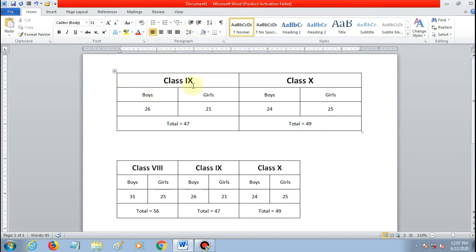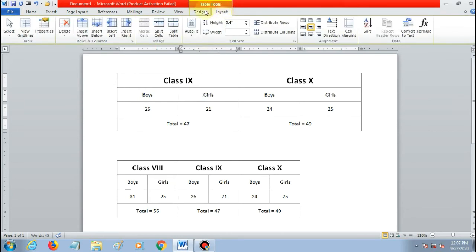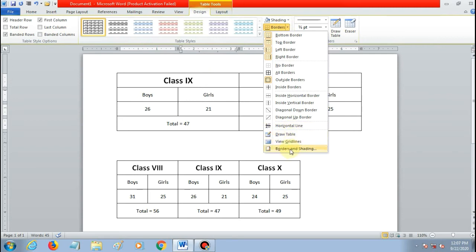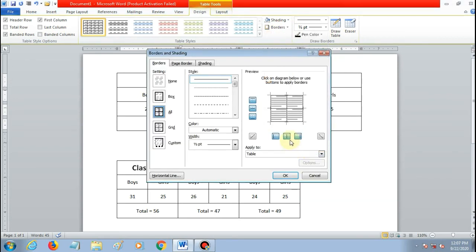To give a border to a table or change the border of a table, you have to go to the design tab, then click on the border option, then go to borders and shading, then select the type of border from here. I am selecting this one. Then here are some options.